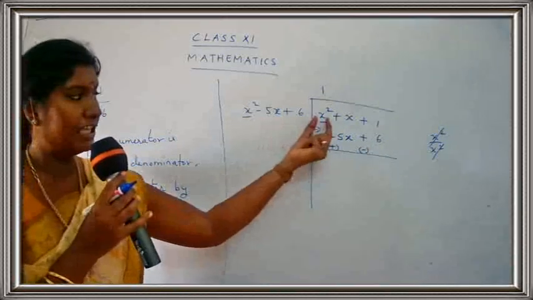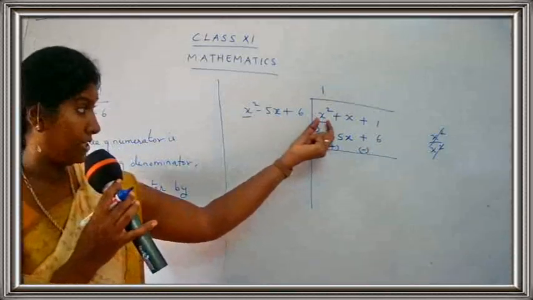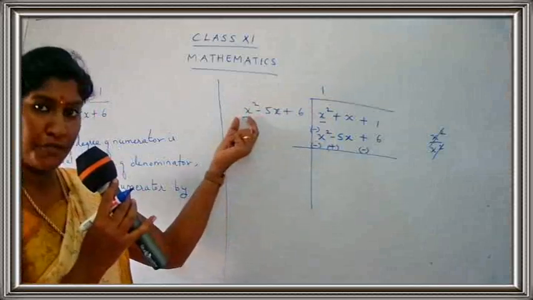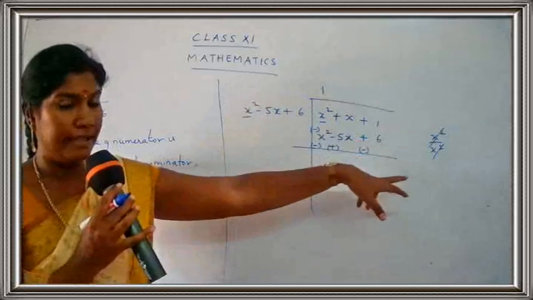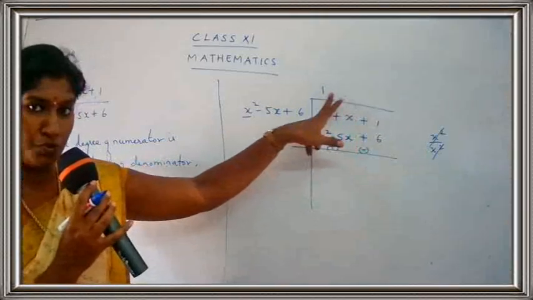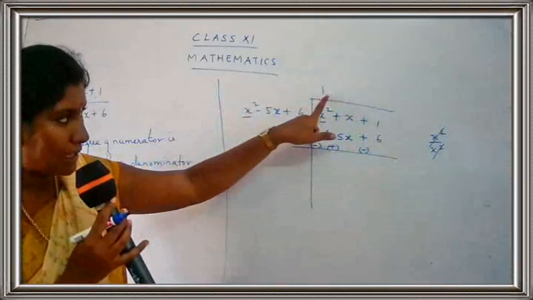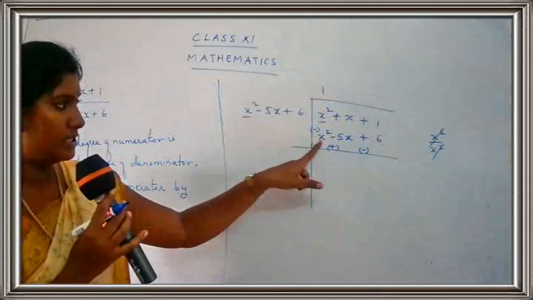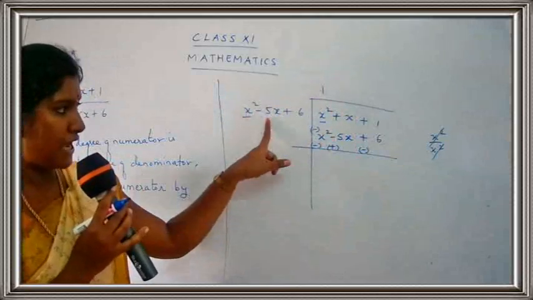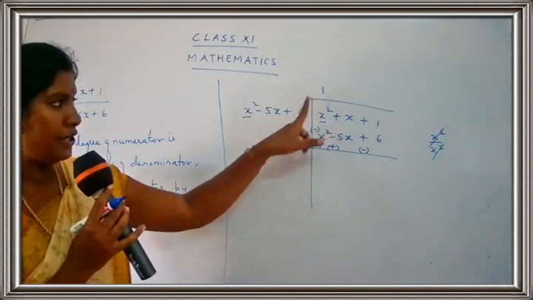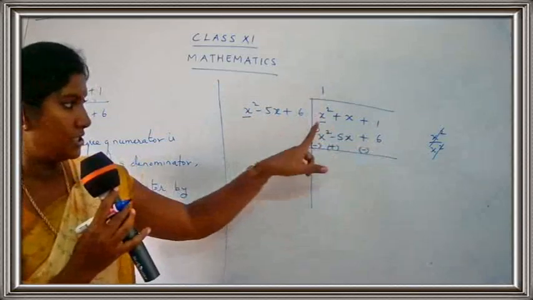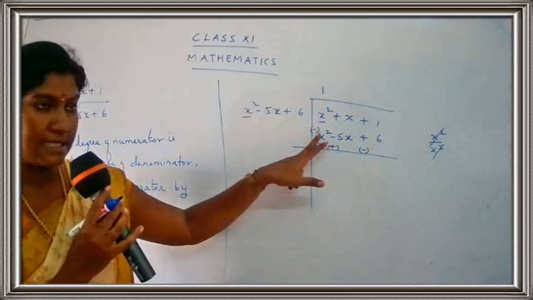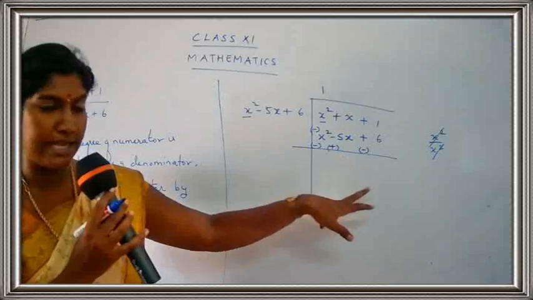So what we have done, I have taken the first term of the numerator and the first term of the denominator. I have divided them. So when I divide it, I get the answer as 1. Now you have to multiply this 1 to all the terms. So 1 into x square is x square, 1 into minus 5x, minus 5x, 1 into 6, 6. Just put the main sign as minus, and once you put the main sign as minus, you have to just change the sign of the second part.